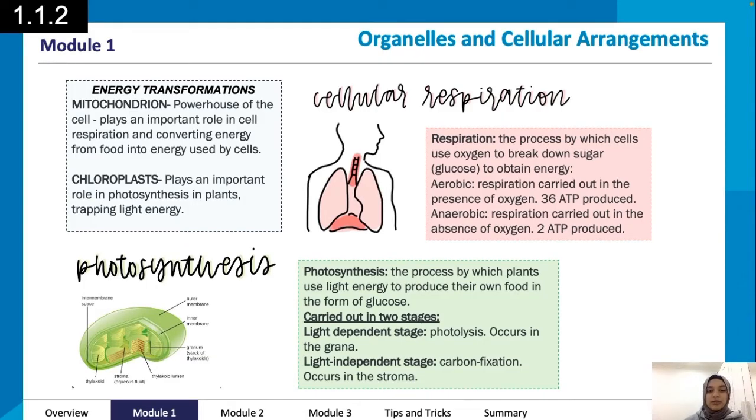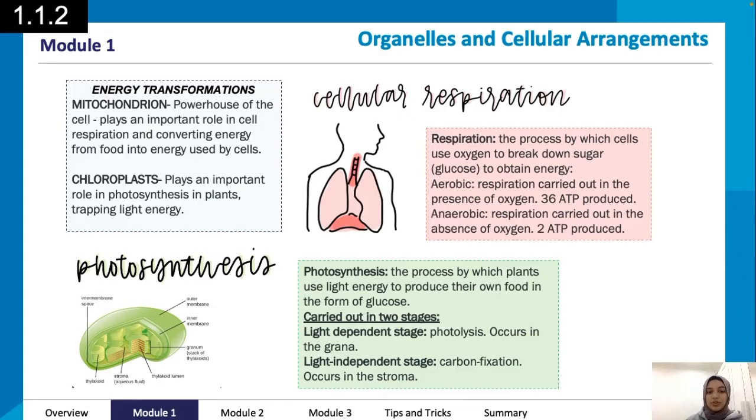Photosynthesis is the process by which plants use light energy to produce their own food. What's their food? Glucose. Again, it's carried out in two stages, the light dependent and the light independent stage. What's the light dependent stage? Also called photolysis. Independent is called carbon fixation. Where does the light dependent stage occur? In the grana. Where does the light independent stage occur? In the stroma. Okay, so that's a quick summary again of the organelles and their cellular arrangements, and we've gone through examples now of cellular